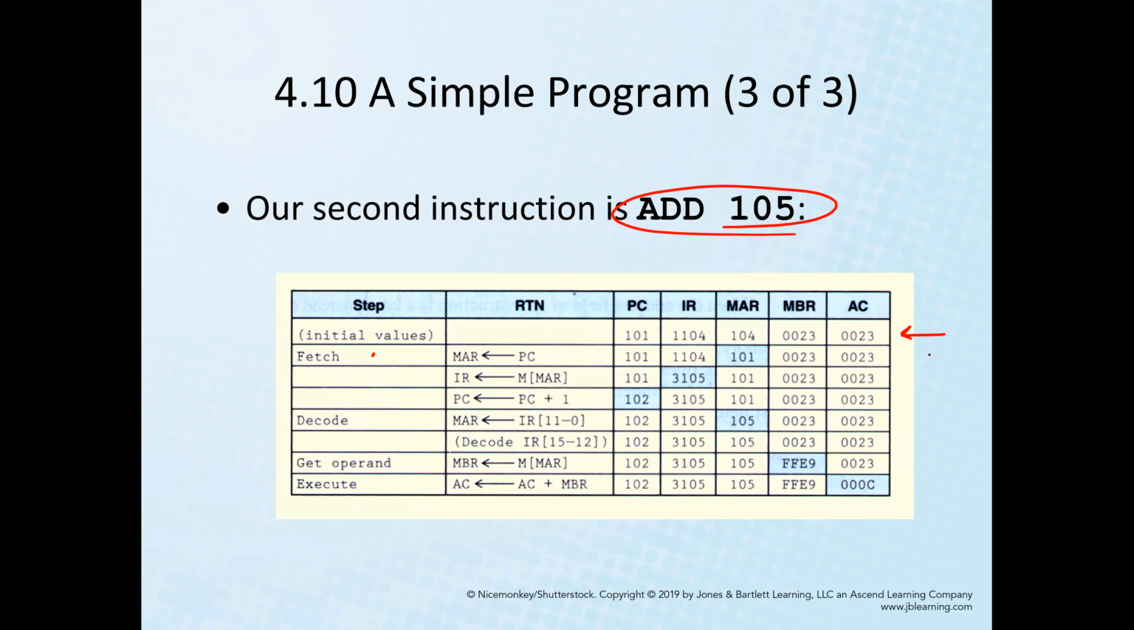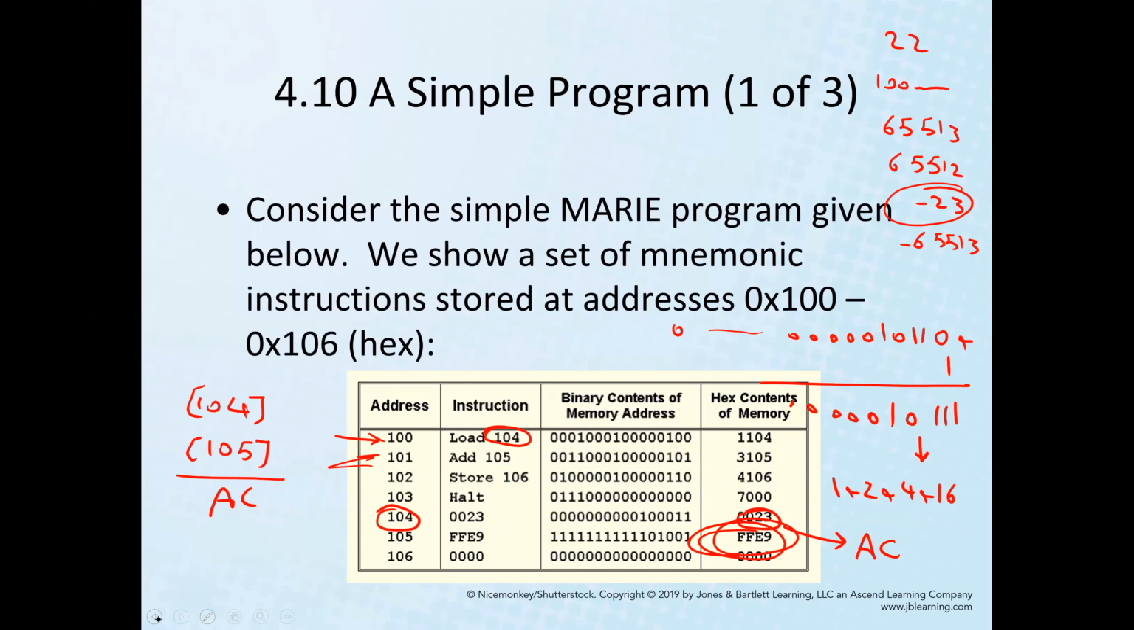So let's start again with the same story. Let's fetch. For fetch, PC will move to MAR. So PC is 101, MAR will be changed from 104 to 101. The next instruction says that the content of the address 101 moves to IR. So what is the content of the address 101? Let's look together. The content of address 101 is